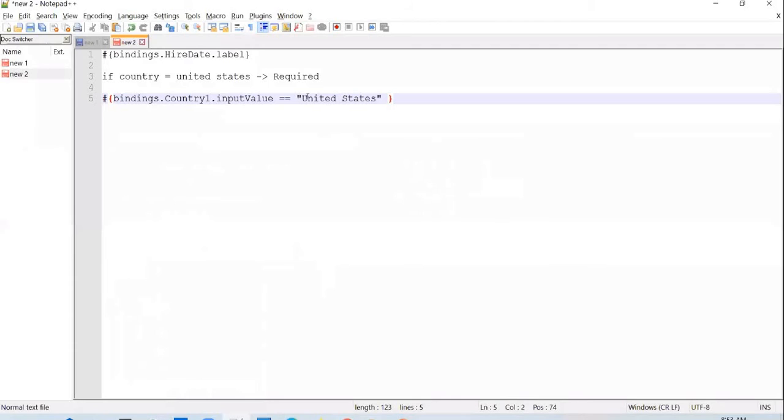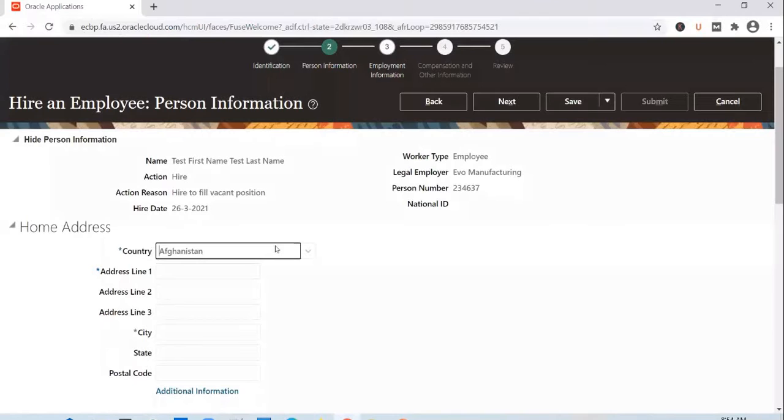I just want to show you one more variation in expression language just to give you a flavor of it. There are thousands of possible ways in which you can write expression language conditions. You can use logical operators as well. Like in case you want to have multiple conditions, you can use a logical OR operator, or you can use a logical AND operator, and you can write in another condition as well. So you can write even much more complex conditions with the help of expression language syntax.